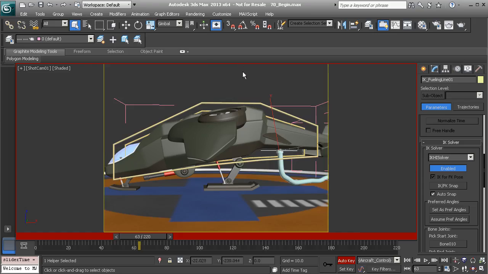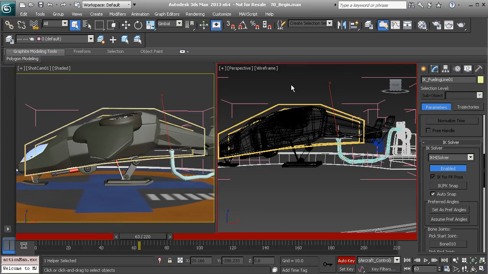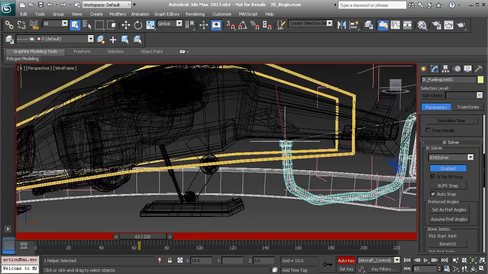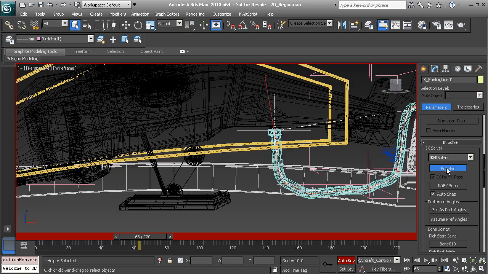Alright, so now that we have chosen a frame, we can go to our perspective view, and on 63 we could turn off the switch, making sure again auto key is on. We'll turn off enabled. Alright, so here's what happens now. What I'll do is